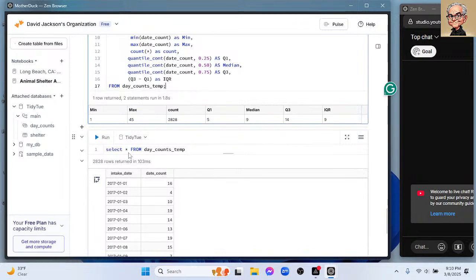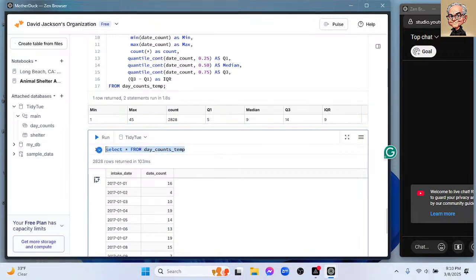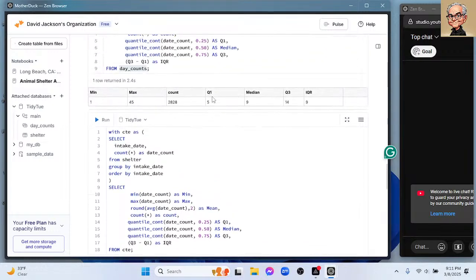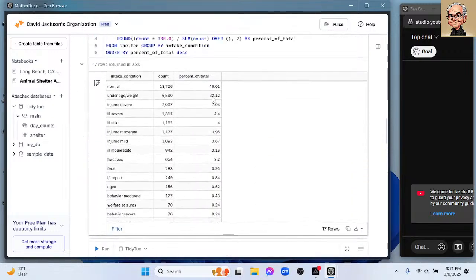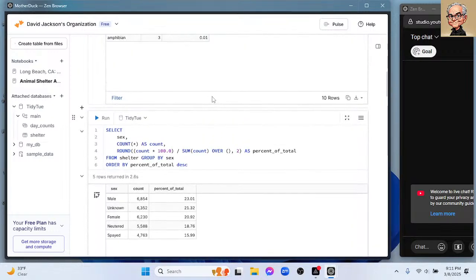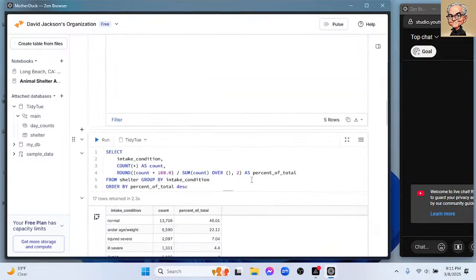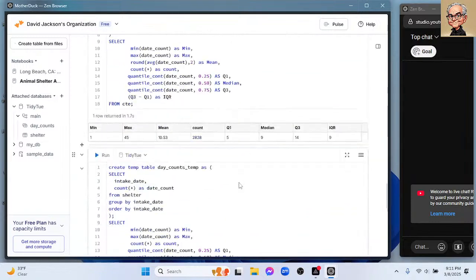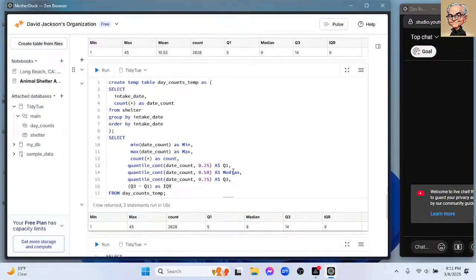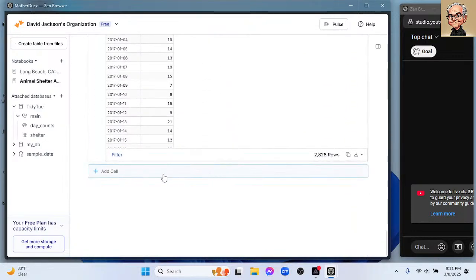Okay. So what now? You could actually do something even more interesting with this. You can actually do some basic EDA data visualization. So let's take an example here. Select, I don't know, come back up here. Let's go with an interesting one. Let's start with intake date. Now this is where MotherDuck gets kind of fun, because you can do some very basic